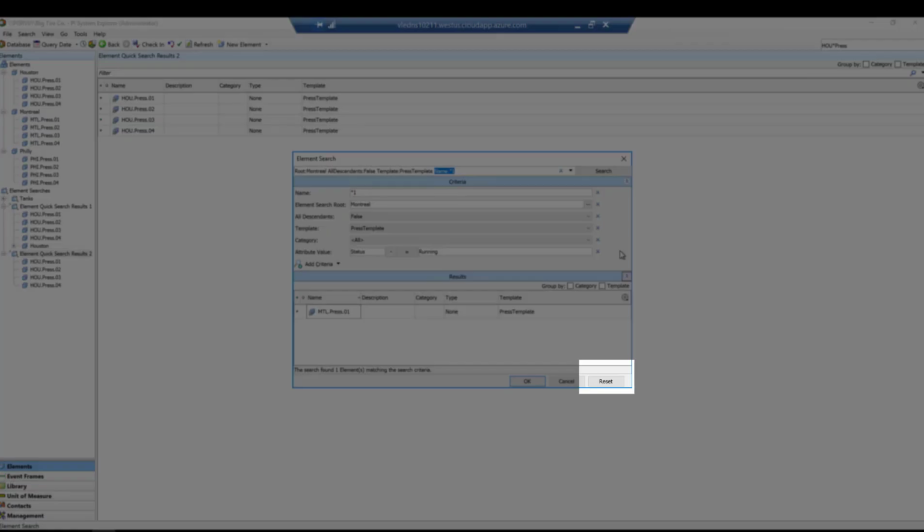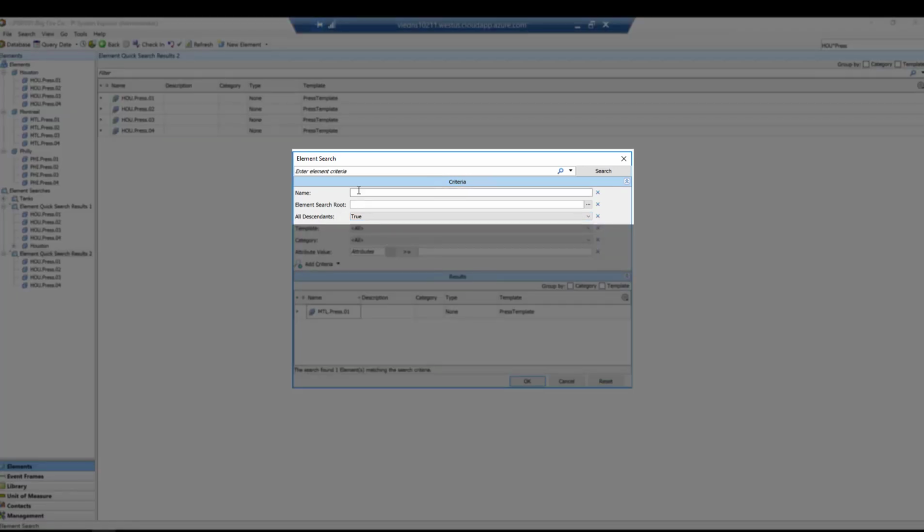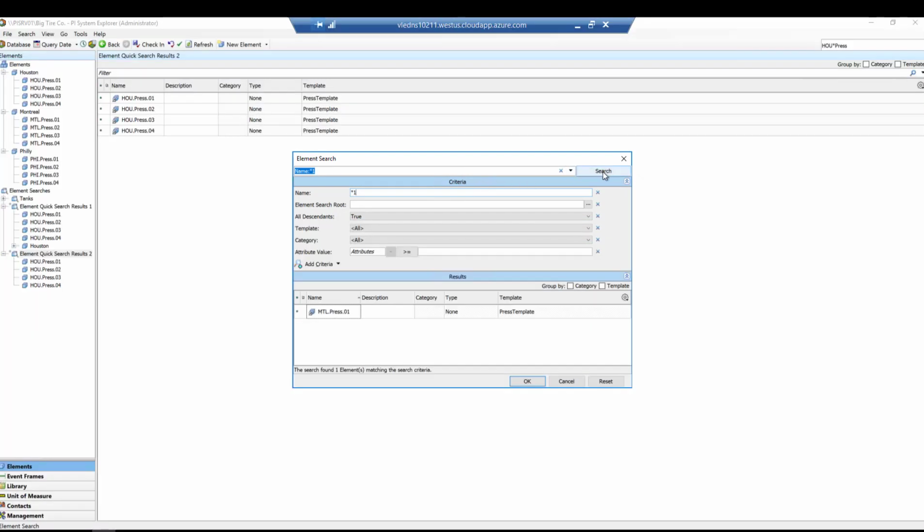Let's reset the criteria by clicking the reset button in the lower right-hand corner. Now select All Descendants to be true and enter *1 into the name field. Now 3 records are found through the hierarchy.